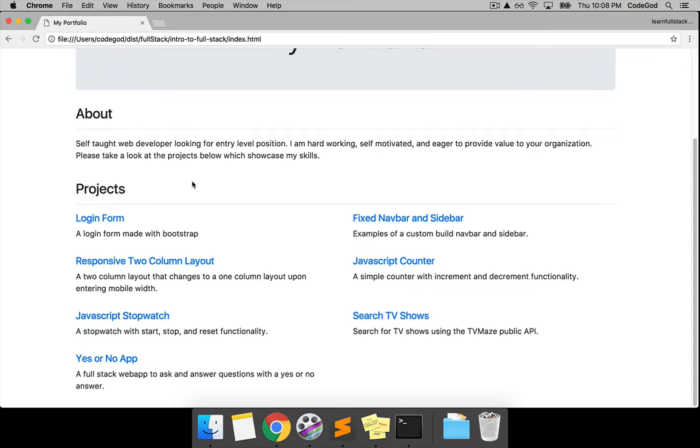So let's go through it first at a glance. We have a login form. It's going to be another example of using Bootstrap. We've got a fixed navbar and sidebar and a responsive 2-column layout. Both of these projects are not going to use Bootstrap. We're just going to be coding the CSS from scratch, and that's going to give us a better understanding of